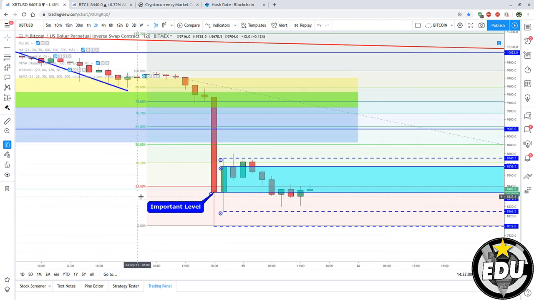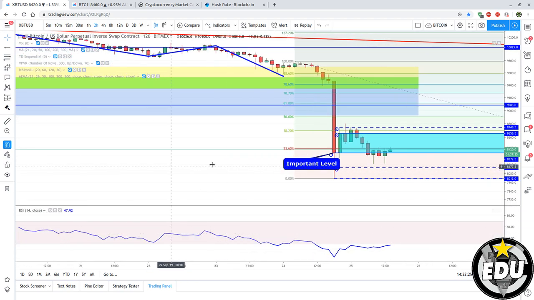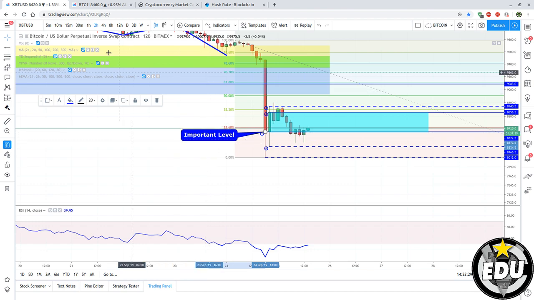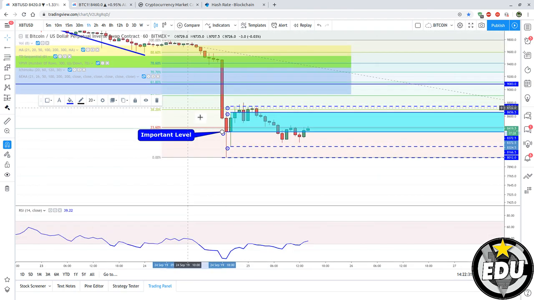Well, nothing I can add here, to be honest. I cannot really predict right now where Bitcoin is going to go based on the higher time frame. I need to see more. I need to see more price action. We do have a double bottom here, as a little double bottom with two bullish hammer. So we might have a little spike upward. As I say, there is a bullish RSI divergence that can also push the price up a little bit, but